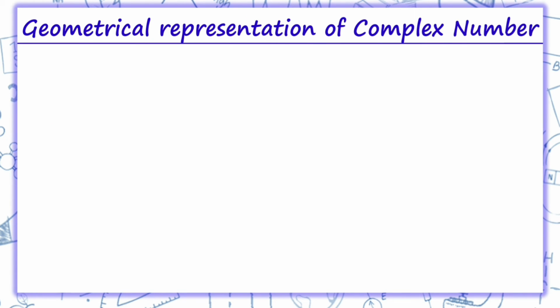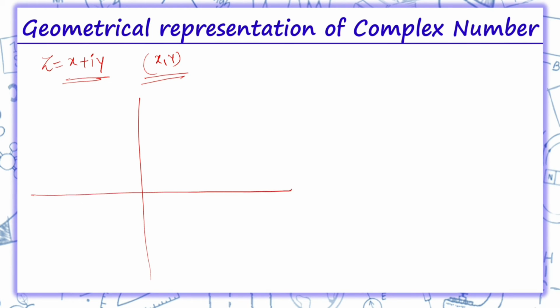Coming on to geometrical representation of complex number, let's suppose I am provided with a complex number z is equals to x plus iy. It is represented by a point, that is x comma y, on the plane, and that plane is known as Argand plane. Now this is x axis and this is y axis, over here minus x axis minus y axis. The point is lying over here, x comma y. So this plane on the point x y on the plane is known as Argand plane.